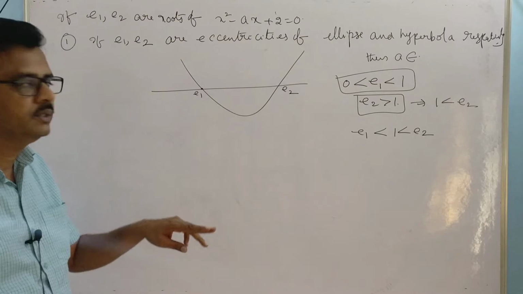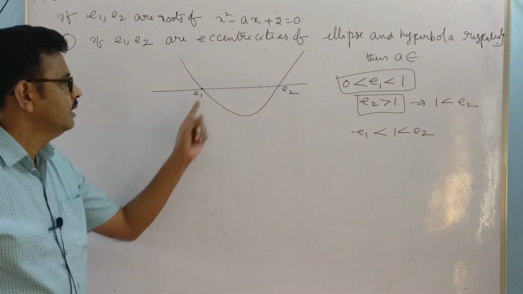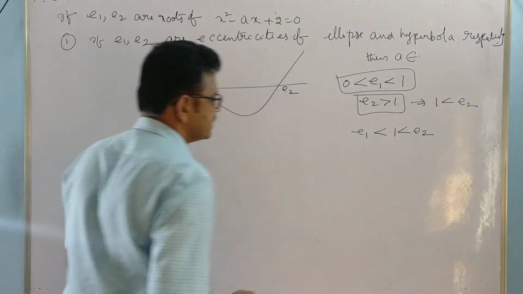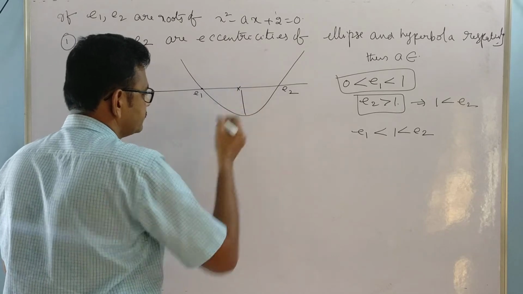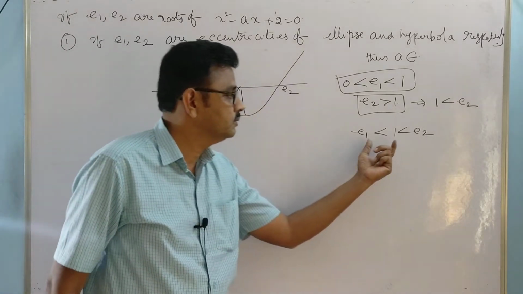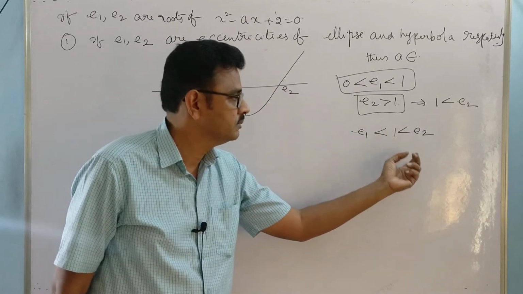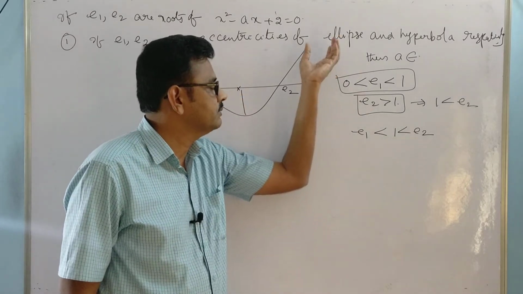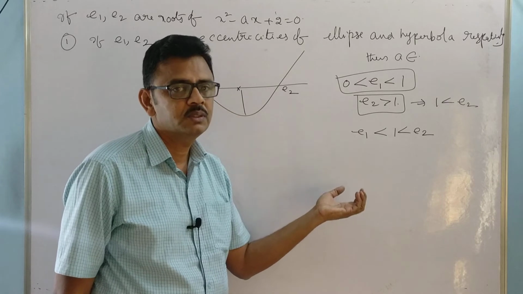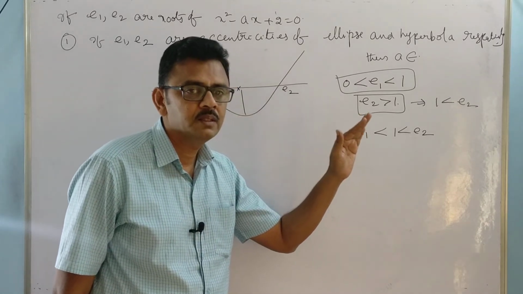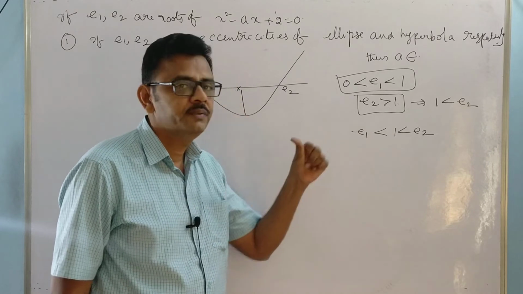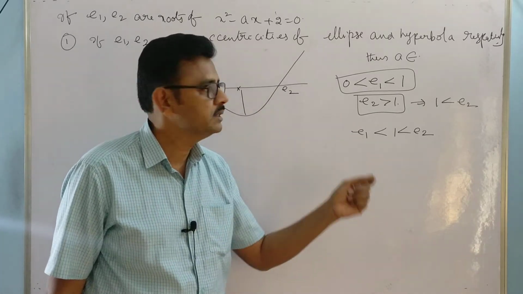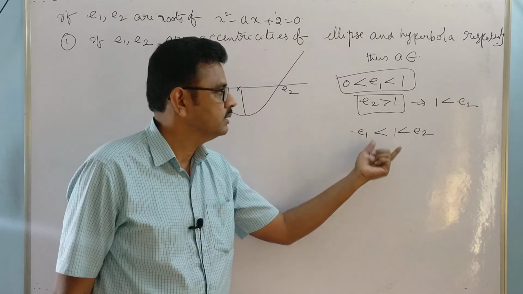Suppose in place of E1, E2, you take alpha and beta as the roots. Now 1 lies between the roots of this equation. So there are many points on the location of roots that we already discussed in your regular class. Just go through your notebook. Location of roots: if both roots are greater than k, if both roots are less than k, if k1, k2 lie between the roots, if both roots lie between k1 and k2, there are so many concepts. Just go through your notes, okay, everything is clear.